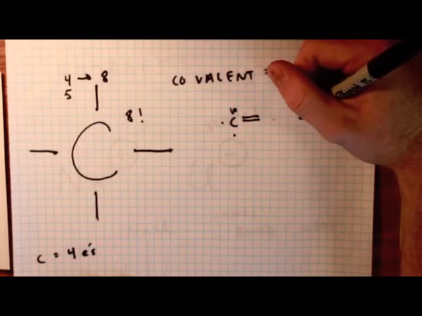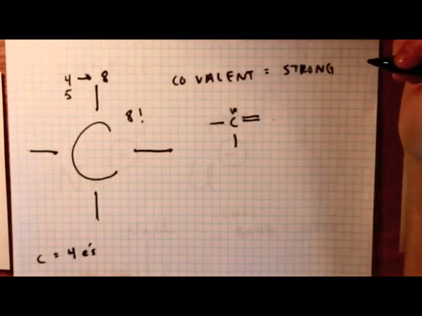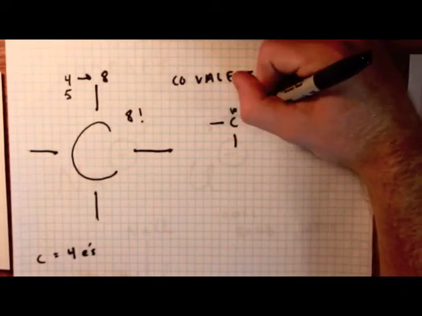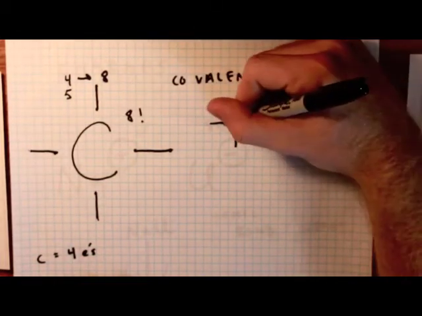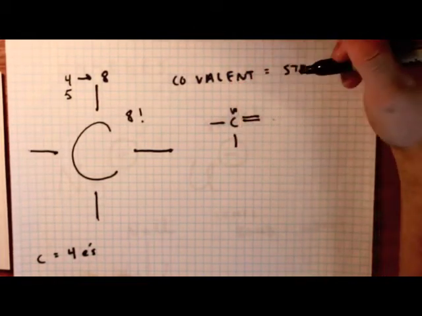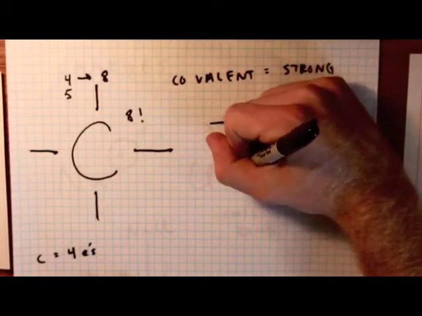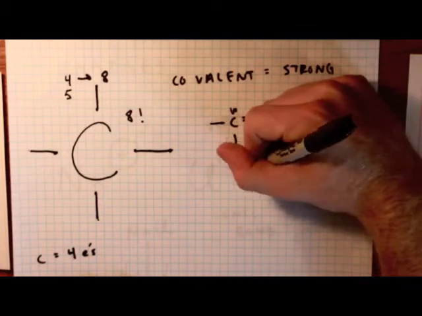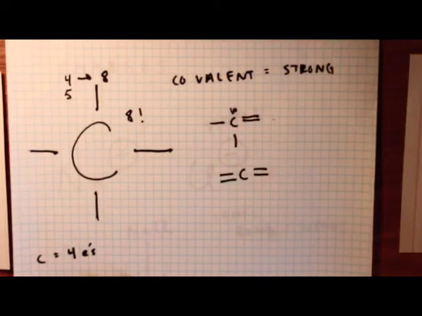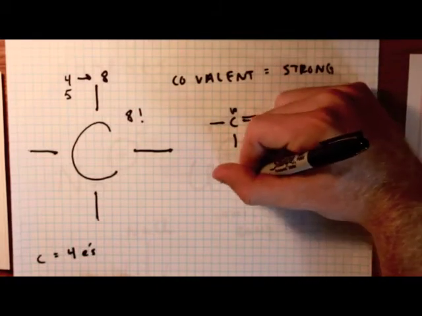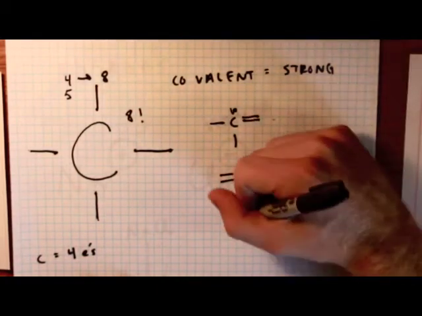Now we can have a double bond over here, and 2 single bonds over here, and carbon still feels 8. 2, 4, 6, 8. With carbon's original 4 setting up 1 double bond and 2 single bonds. Maybe carbon wants to do this with 2 double bonds. 1, 2, 3, 4. The electrons it feels are 2, 4, 6, and 8. Still works. Maybe carbon wants to do a triple bond.